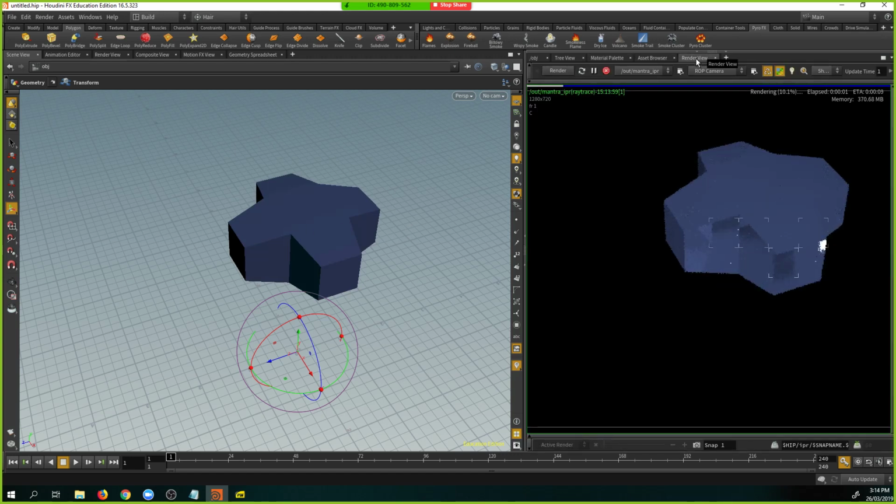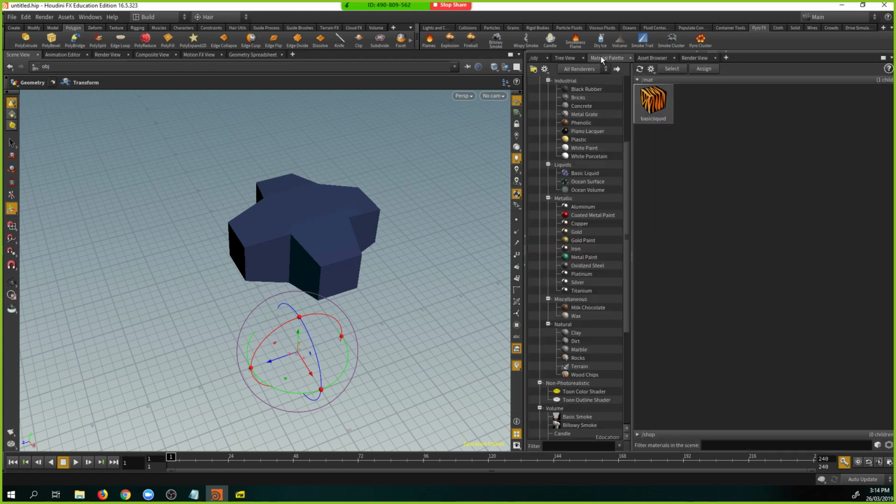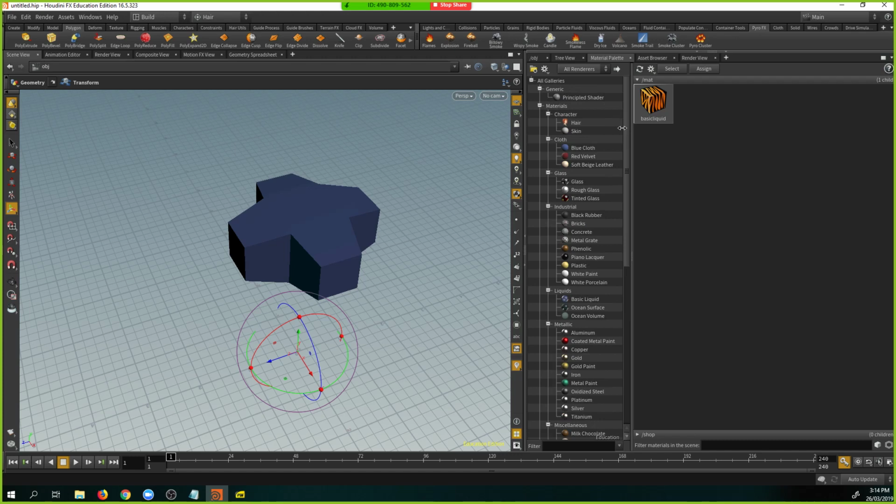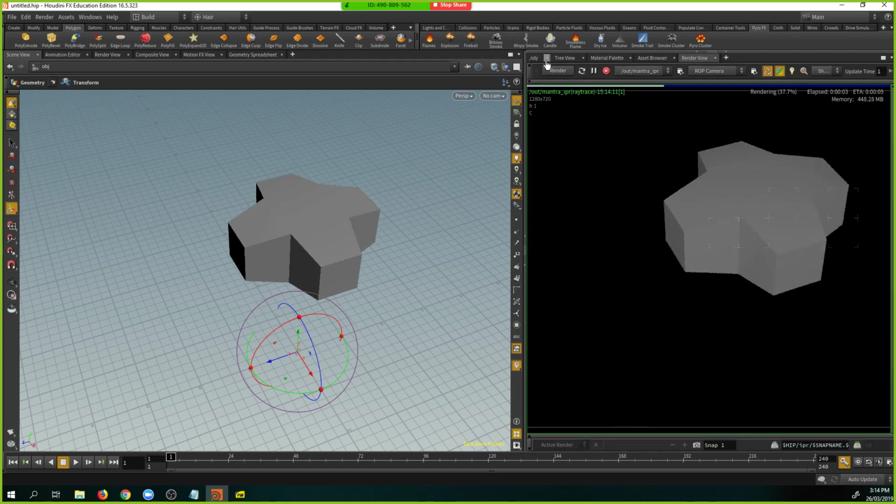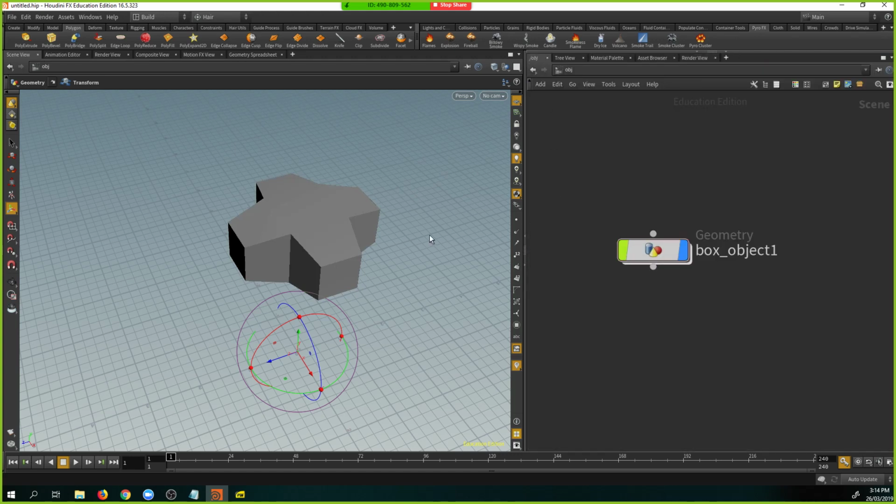Let's see the rendering of that. So there's no light here, so it doesn't look nice. But yeah, that's how it works. So let's go back and have a principled shader on it as it was. Okay, so you see that, yes,